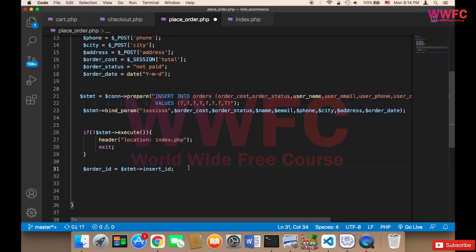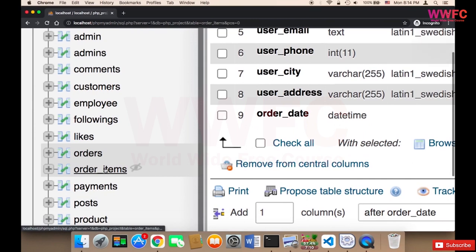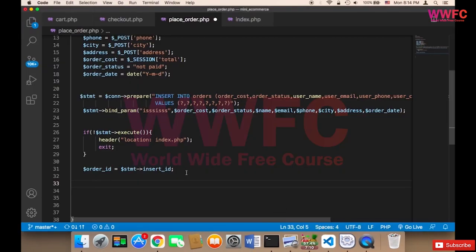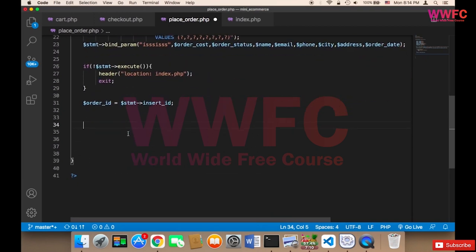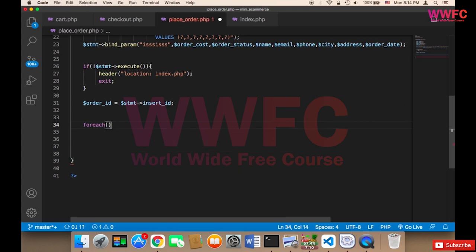Now we can use this order ID to insert the data into the other table, which is the order items. So now we want to get the products, and to get the products we need to use the session. Remember, we have the session, and we need to loop over the session and get each single product. So I'm going to say foreach session cart as ID, product as key value pair,